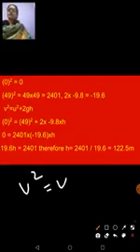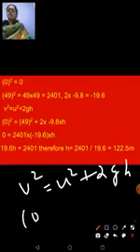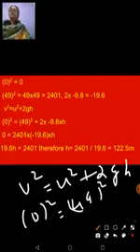Okay, now we are using this formula as I told you, v square is equal to u square plus 2gh. I said v square is 0 the whole square. What will be 0 the whole square? 0 into 0, that is 0 only. u square is 49 the whole square. So what is 49 the whole square? 49 multiplied by 49 will give you 2401, right? And 2gh, that is 2 into minus 9.8 into h. 9.8 into 2 will be 19.6. Okay, now meter per second square, you remember.